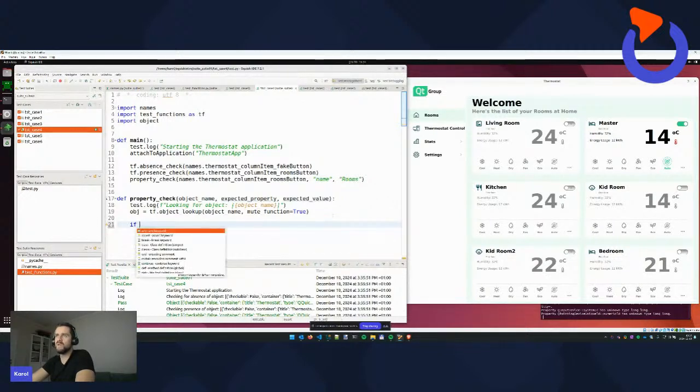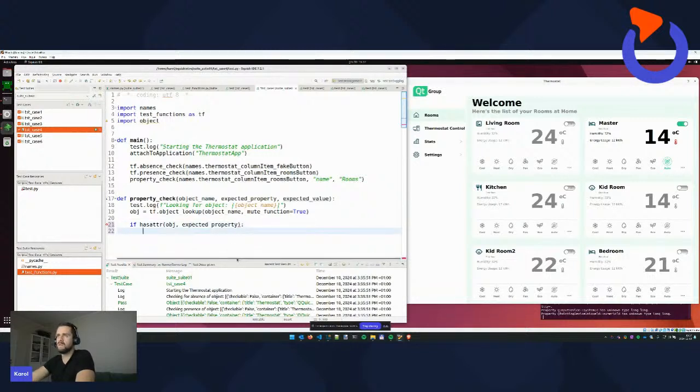We can do it easier with Python. We can basically check if our object has an attribute that we're looking for. And so we're looking for the expected property attribute. And if it does, then we can basically check the value by using getattr on it. What that will do is basically return the value of the property if it's there. So once we have it, all that we have to do is check if our value equals our expected value,